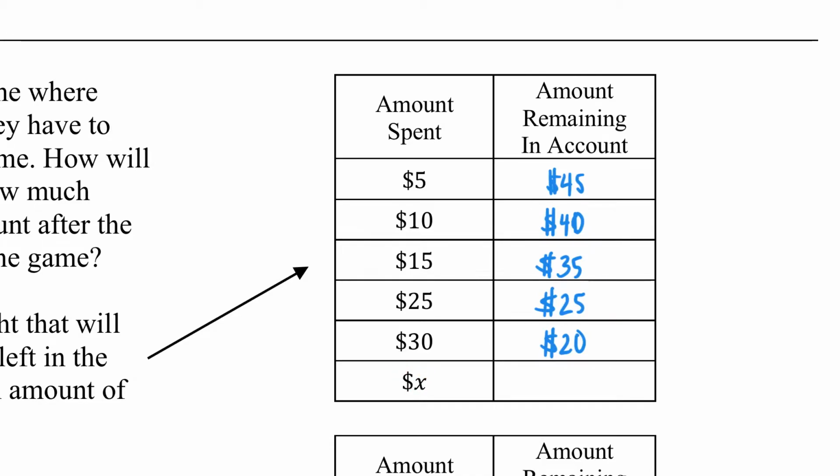okay? So what we're going to do here is we're going to say that the amount of money remaining in the account after the person has spent X dollars is going to be $50 minus X dollars. Or maybe, if you don't want to put the dollars in there, you can just say that number would be 50,